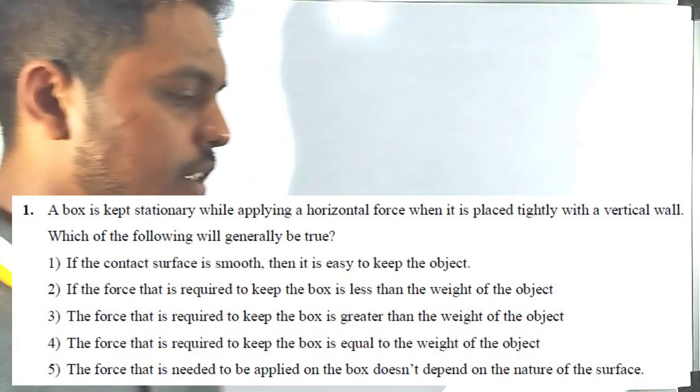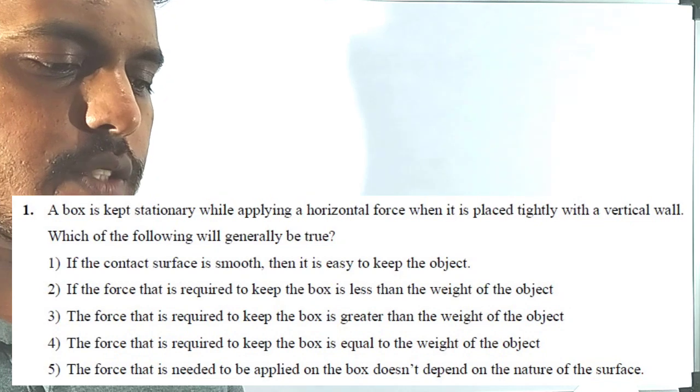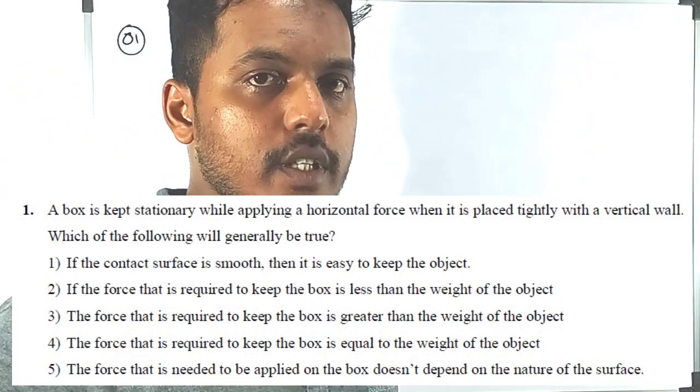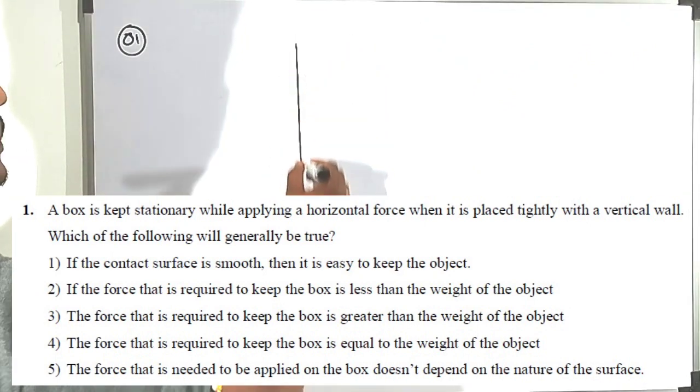In this video, we will discuss model paper number 5. Question number 1: a box is kept stationary while applying a horizontal force when it is placed tightly against a vertical wall. According to the description, the figure will be